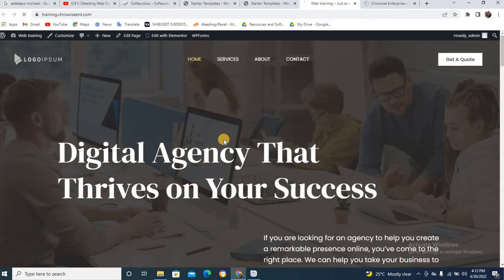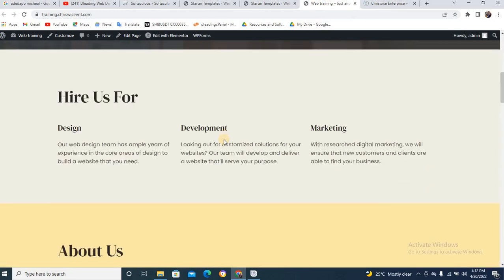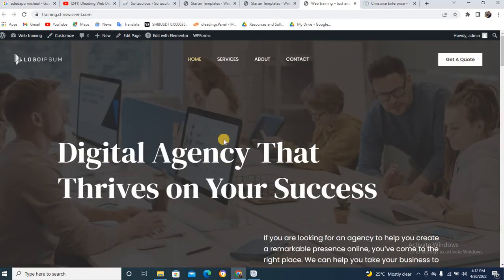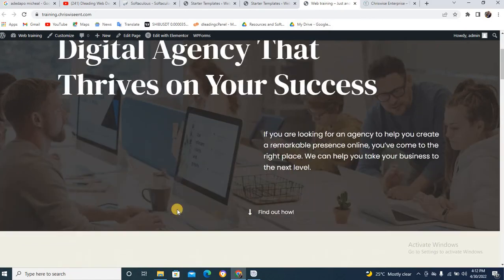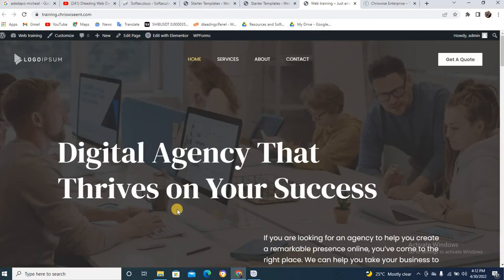Now let's view our website. Now, can you see? The same digital template I use. Now, this template is meant for digital people who are doing maybe digital training or digital agency. But see, when you are good in what you're doing, when you are good in web designing, you can use any template to design any website. You can use a church template to go and design a company website, and it will still be